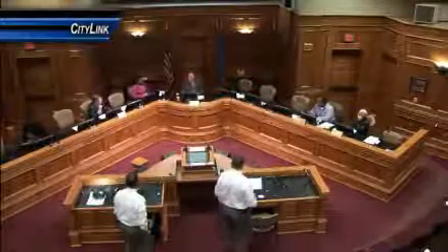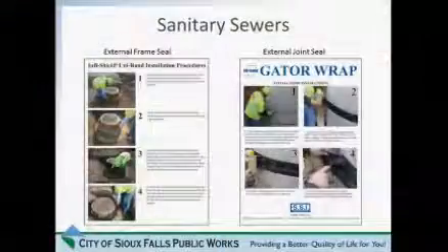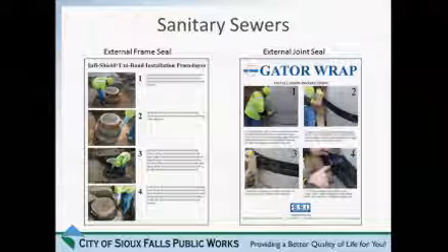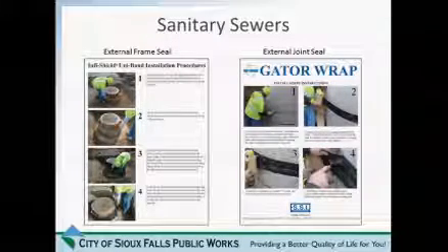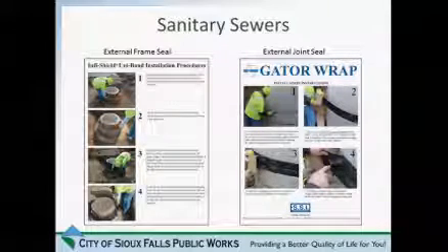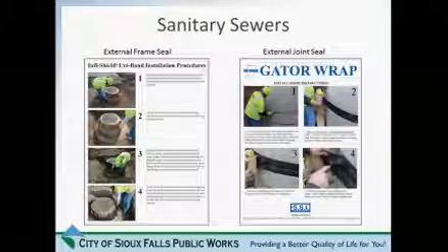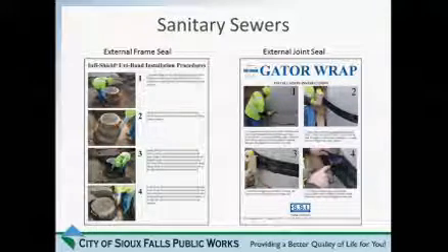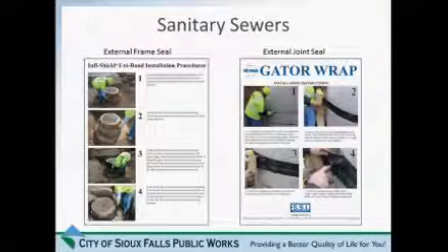Yes, Councilor Karski. Can you put the picture back up of the manhole cover? Sure. Yeah, thank you. I'm going to reference on the right the Gator Wrap. Are there a lot of similar products out there? Is our ordinance going to be written? This is my concern. Sometimes our ordinances are written so that there's only one vendor that can provide the product, and we kind of eliminate competition and paint ourselves into a corner. Is this going to be something that more than one vendor can provide a similar product? How are we doing this?